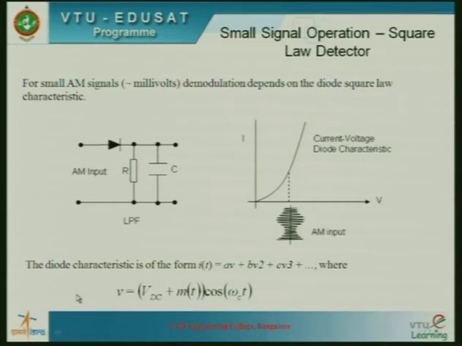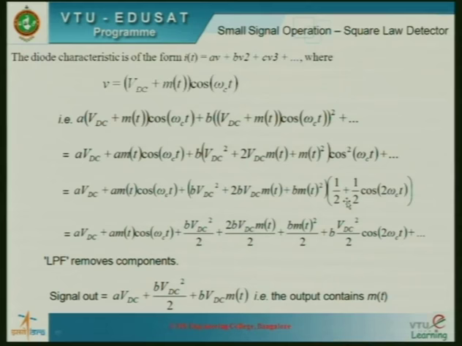According to the square law detector module, the same circuit we discussed previously is also used as a square law demodulator. In the square law demodulator, we know there is a relationship between voltage and current of a diode. According to the graph we see here, if you are trying to increase the voltage across the diode,